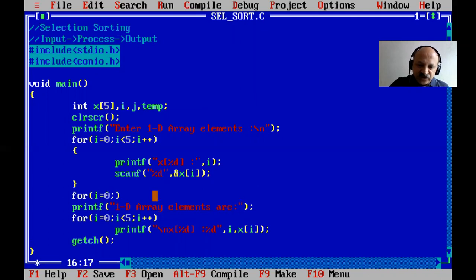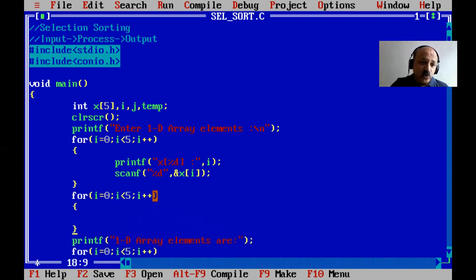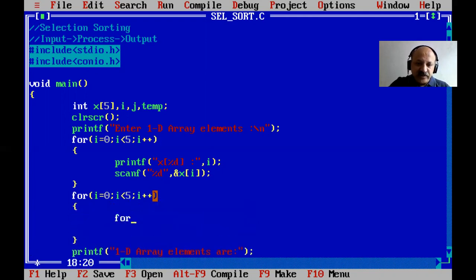So i equal to 0, then i less than 5 statically, and i plus plus, and then a nested for loop. That is again a for loop, j equal to i plus 1. That is our logic, and then we compare all the elements, so j less than 5, I give it statically, and j plus plus.